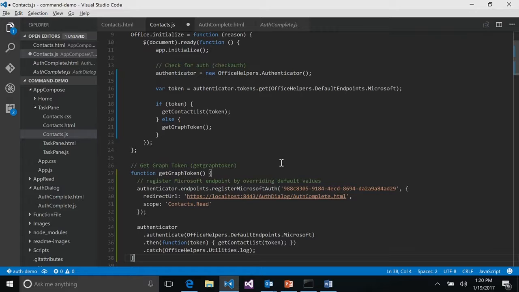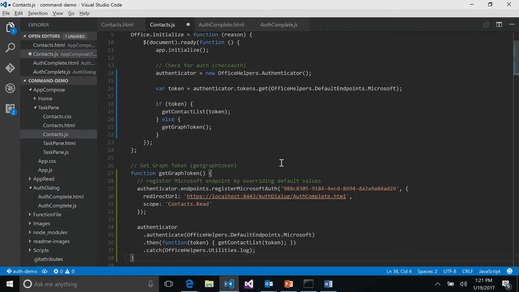Okay? And then I give it a little more information. Redirect URL, this is where the authentication is going to redirect after the user has signed in successfully. So it's coming back to a page in my add-in. And then scope, this is the permission, the level of access that I want, which is just be able to read contacts.